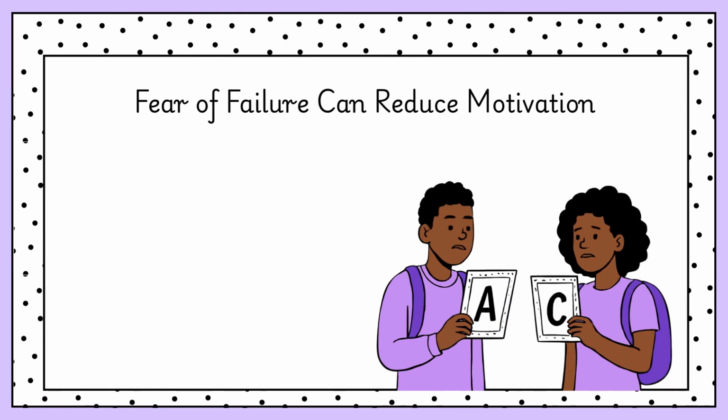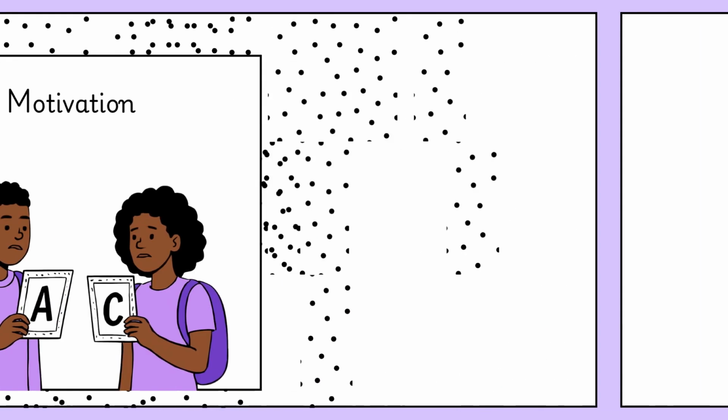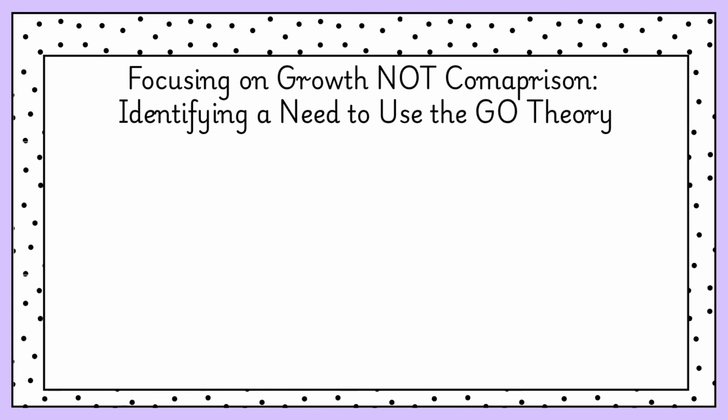As educators, we may see students avoid situations that highlight their perceived shortcomings. This is an example of performance avoidance as described by the goal orientation theory. Recognizing this distinction fosters a more compassionate and understanding view of human behavior, emphasizing that low effort does not inherently signify laziness. Knowing about the goal orientation theory as an educator is valuable, but knowing about it as a parent